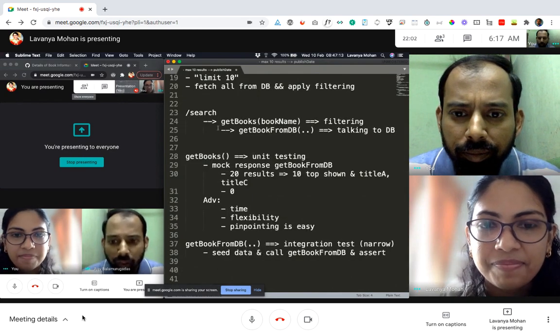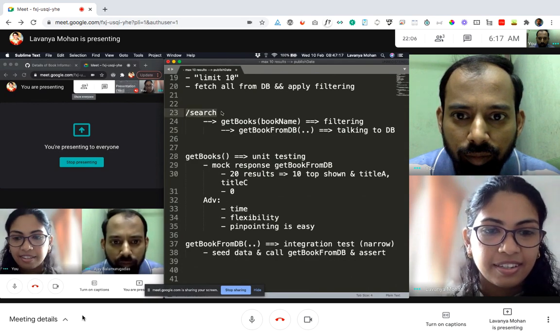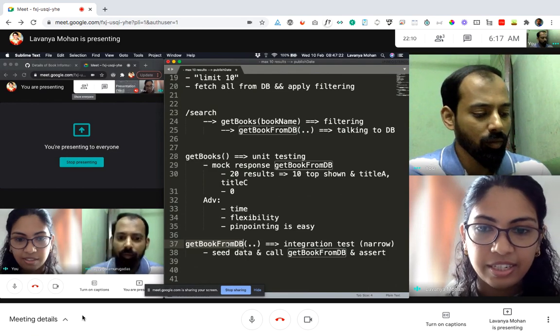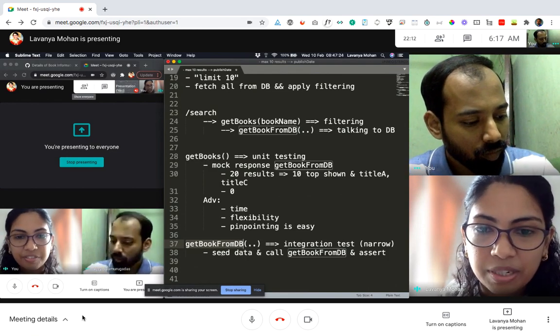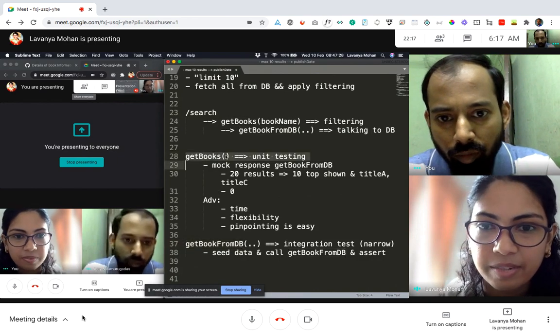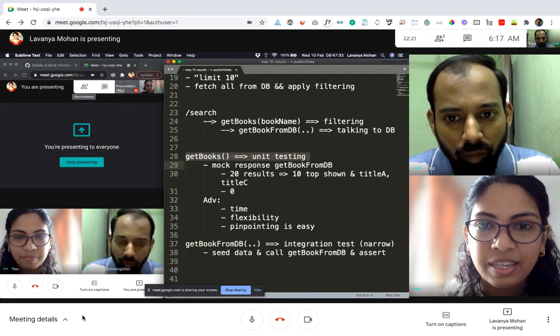Right. Okay. Now let's talk about this part. So, we know that the database is making a proper connection and giving results. If this particular method gives X results, this getBooks server side method will filter it and return the correct 10 results.